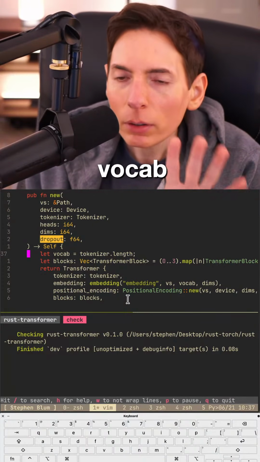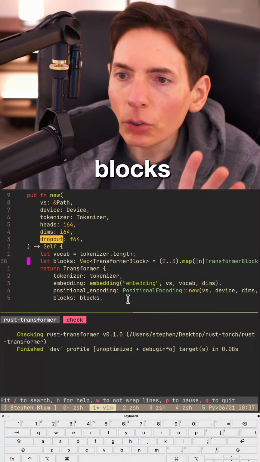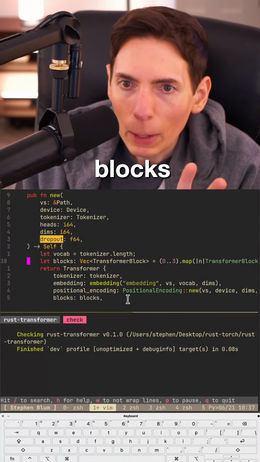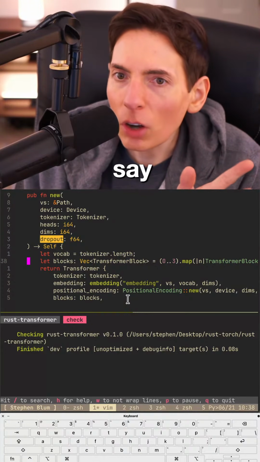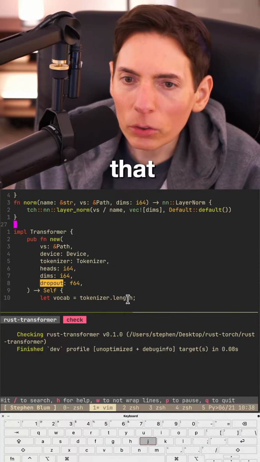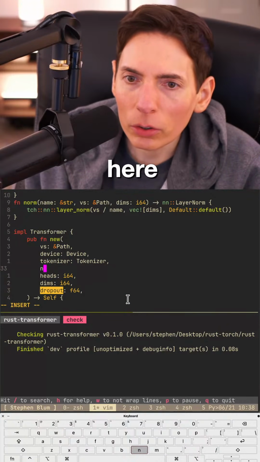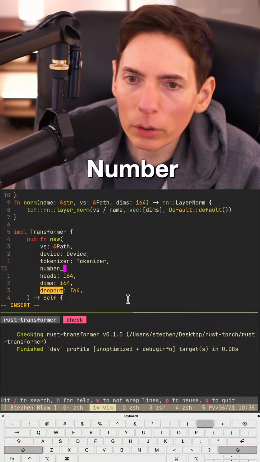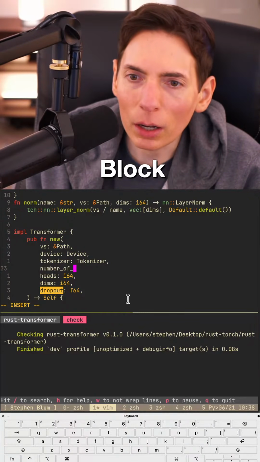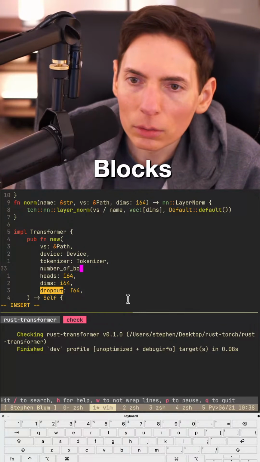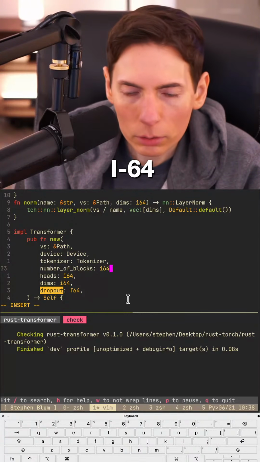Dropout, vocab. Yep. Blocks. We got 4 blocks. I suppose we could say number of blocks. We could do that here. How about we do that? Let's put it here. Number of blocks, colon i64.